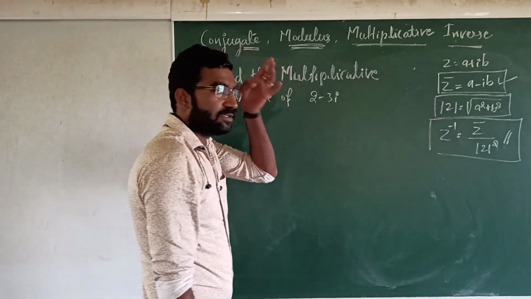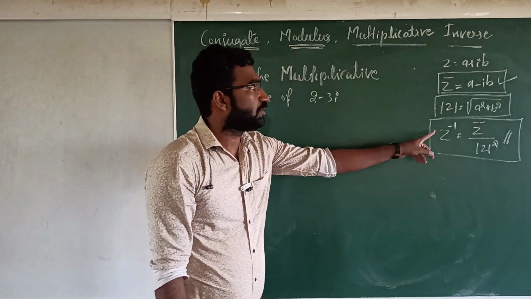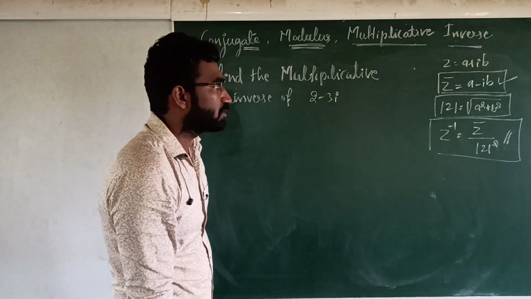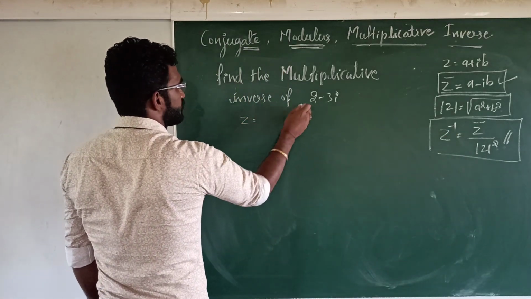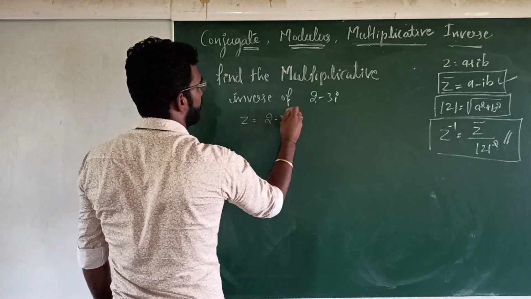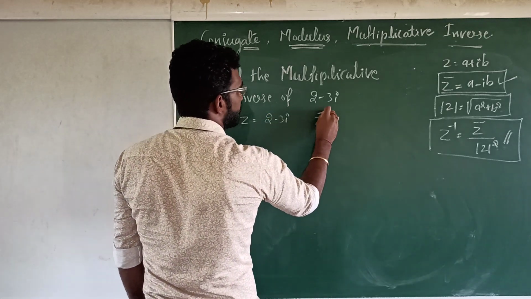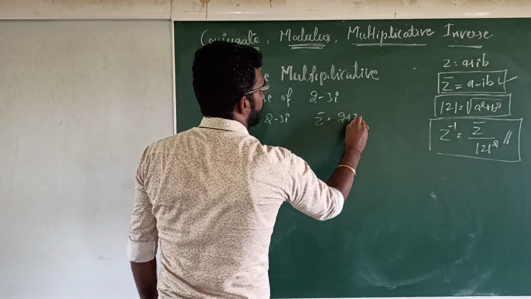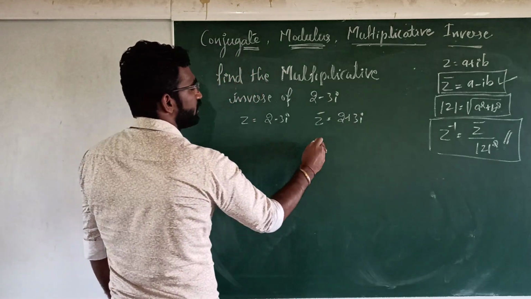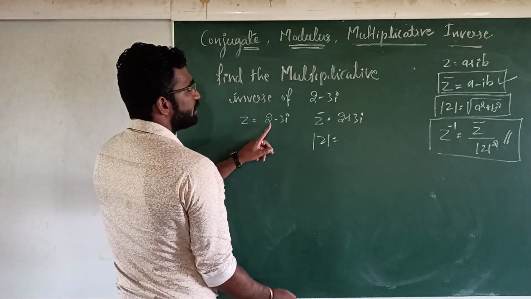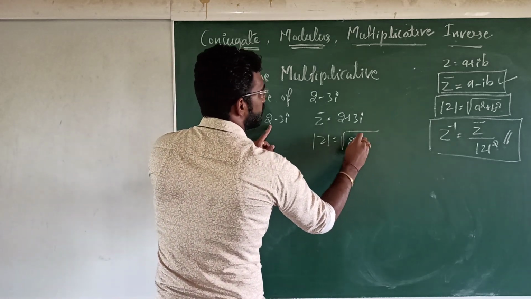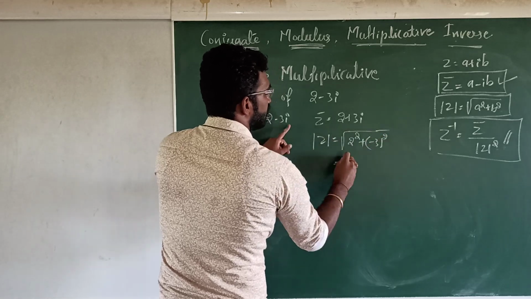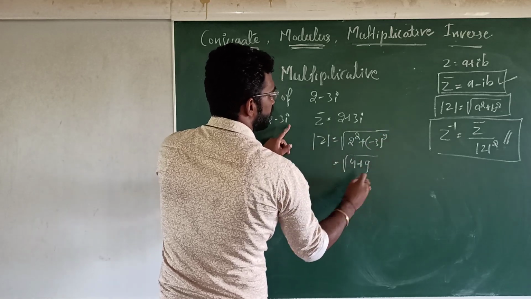Okay, to solve this you have to follow simple steps. We know that the multiplicative inverse equals z bar divided by mod z whole square. So I will start by taking z equals 2 minus 3i. You should find z bar. Z bar is nothing but the conjugate. Conjugate means you should change this sign. Therefore 2 plus 3i. Then you should find the modulus of this z. Modulus means real part square plus imaginary part square under the root. This is 2 square plus (minus 3) square. Therefore the answer is 4 plus 9.